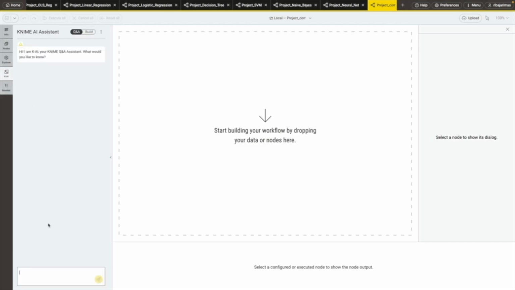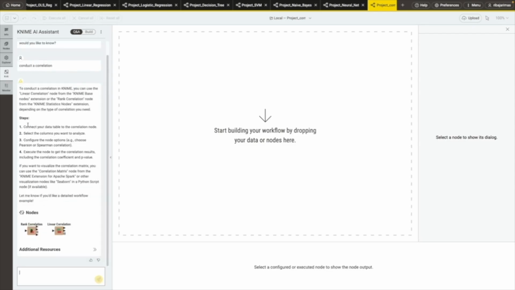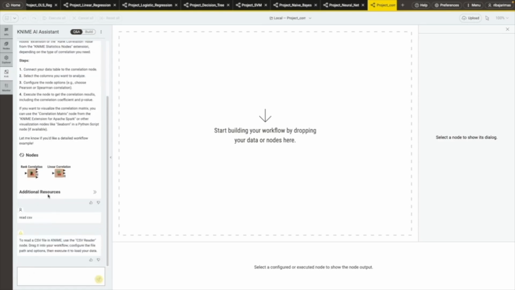So let's start with the Kai. I can write: conduct a correlation. Simply write in human language whatever you want to do. And it's going to suggest a few steps, like connect your data, select your columns, configure the node options, and then execute the node. Let's find out our first one. Connect your data table to the correlation node. Let's find read CSV. It is going to suggest